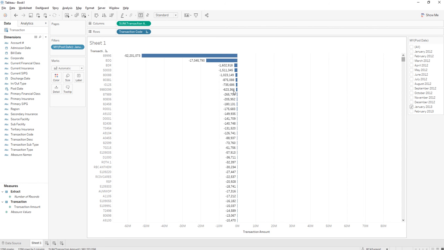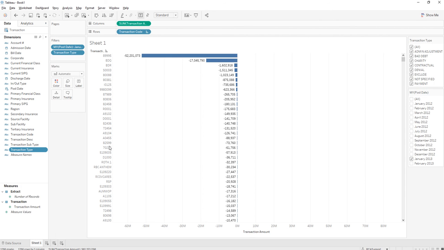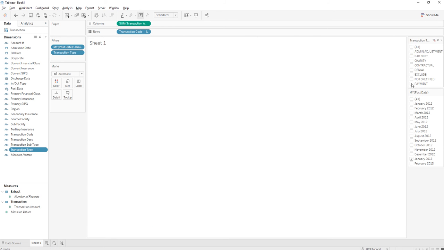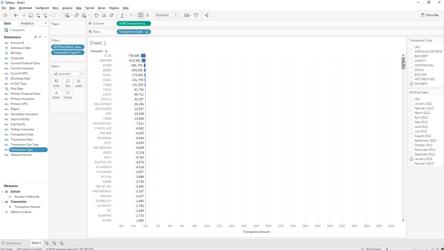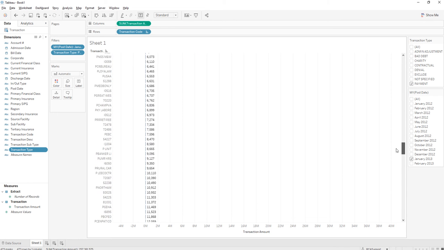Secondly, what I'd like to do is add a filter on transaction type. So I can look at payments or contractuals or admin. I can choose whatever I want. So let's right click on this dimension transaction type, click show filter, and so now I can see my transaction code. So let's just look at our payments. Okay, so now we can see our payments,